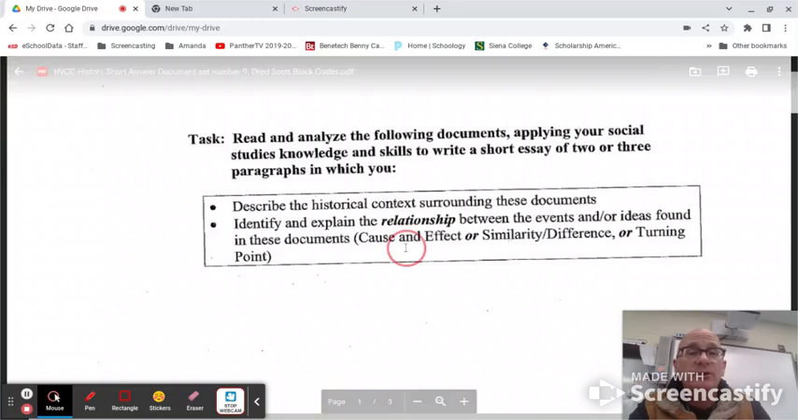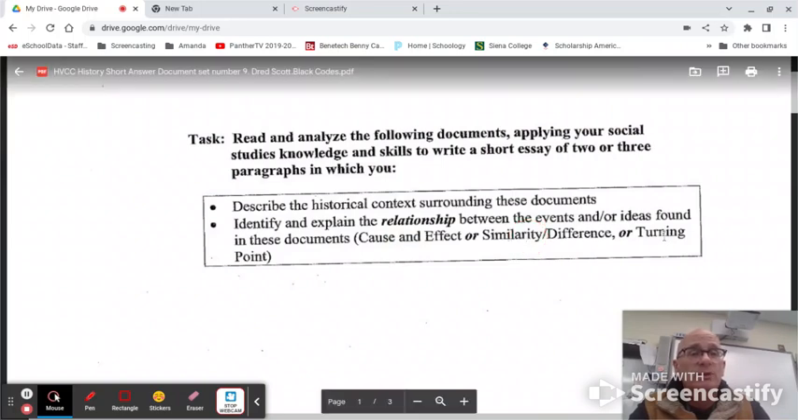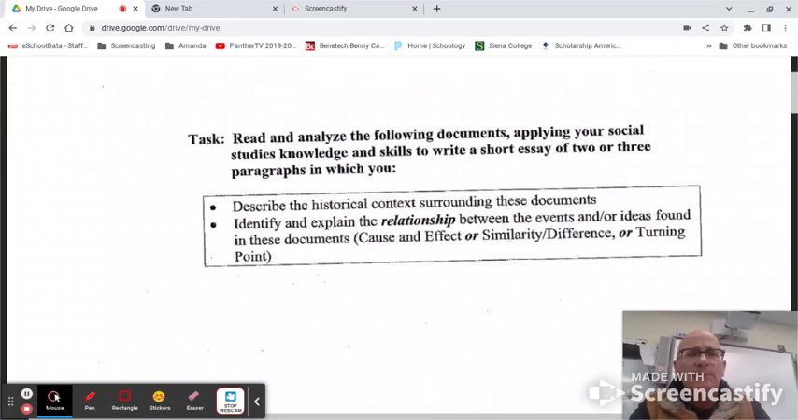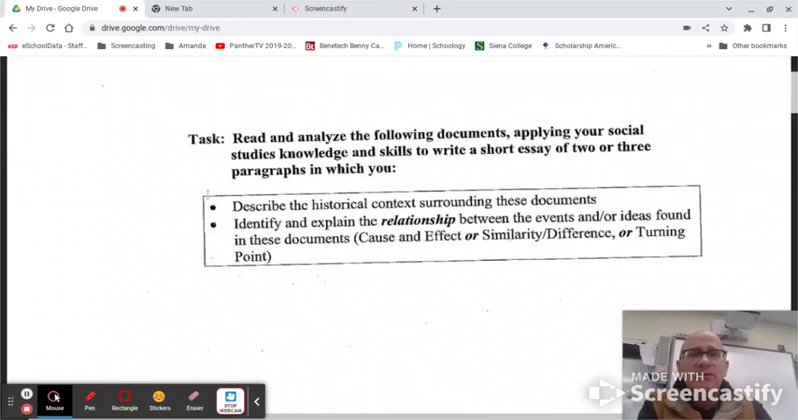And you get to choose whether you're going to write about cause and effect, whether you will explain the relationship as one of similarity or difference, or you can choose turning point as one of the relationships that you choose to write about. What I will ask you as we go through the second semester and the rest of the year, as we gear toward preparing for the Regents, when you're doing these